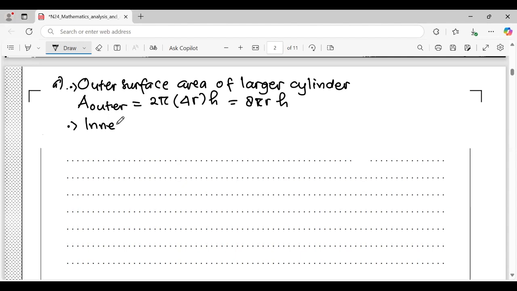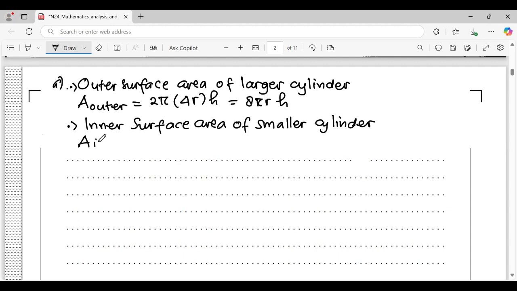About inner surface area of smaller cylinder. A inner is equal to pi radius r h. And the third is